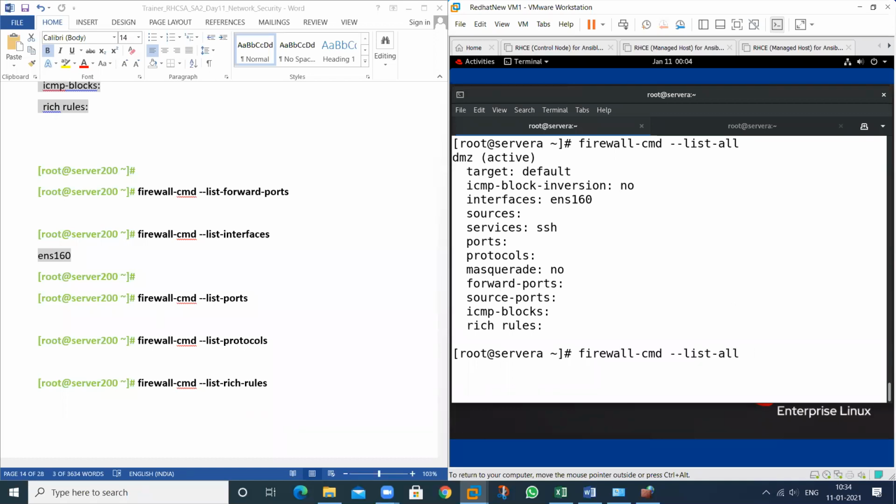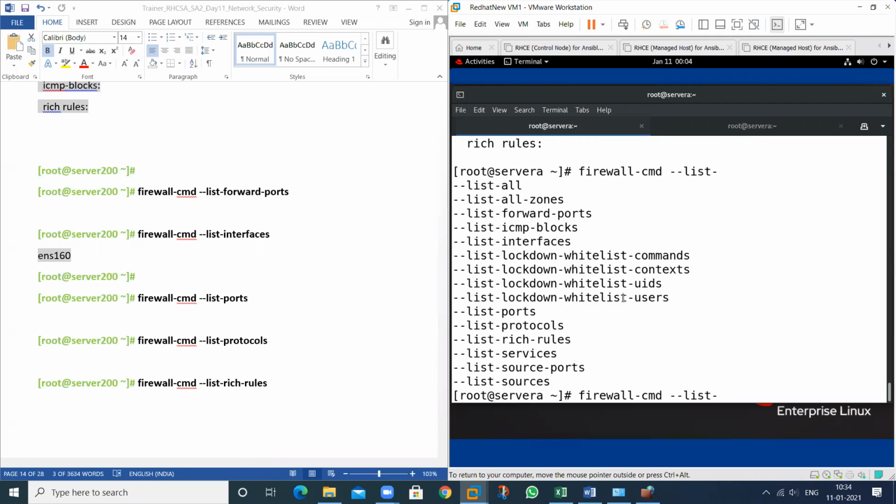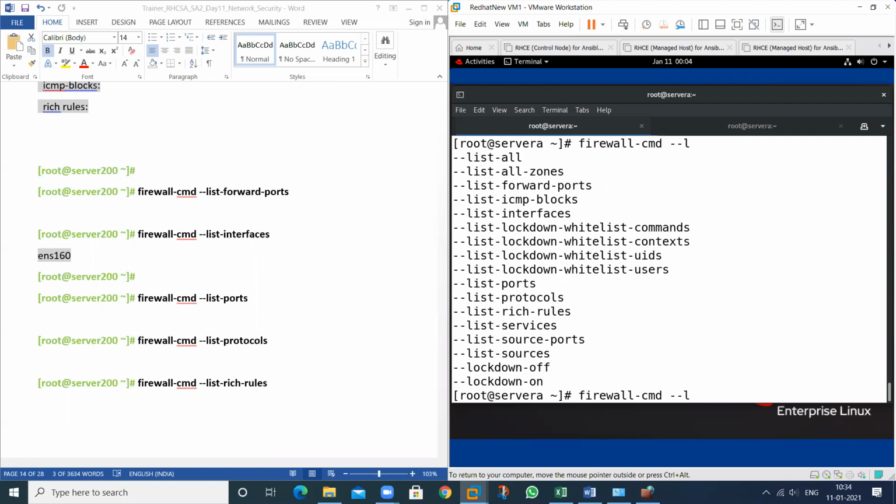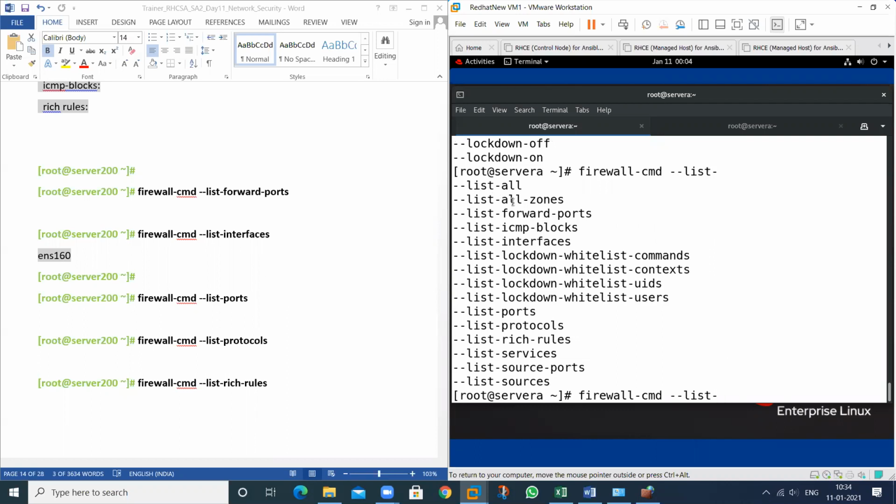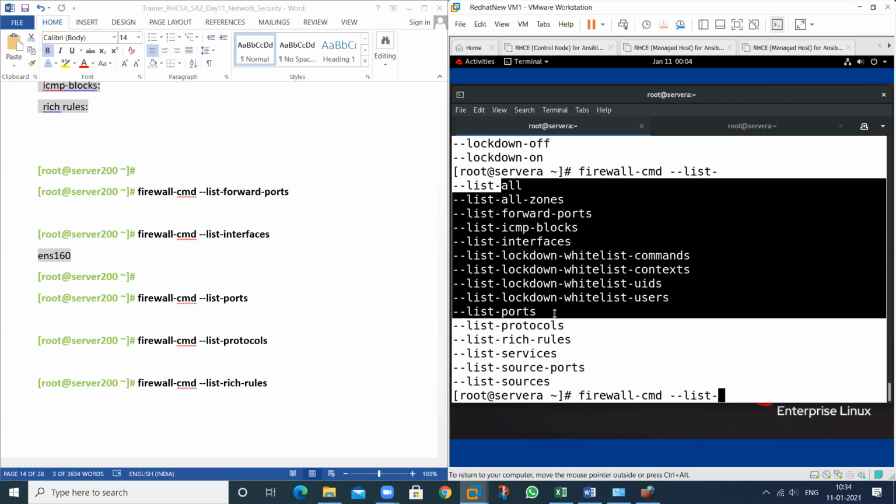And if we want to check how many zones are active, hyphen list. See this one. That is active. That is not in this list. There is no command related to the active zone.